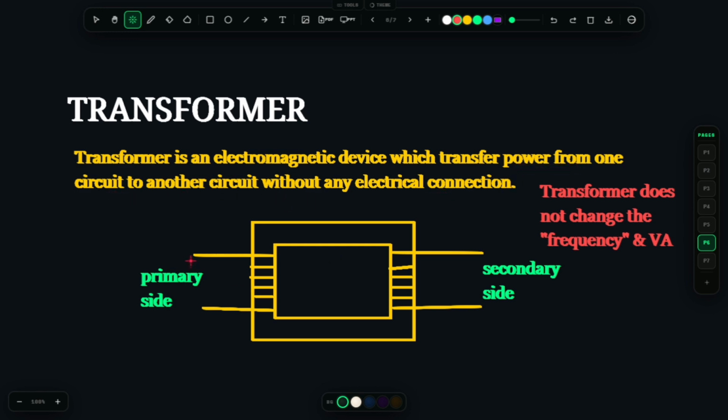Here the first circuit, the primary side, is an electrical circuit. So here are two electrical circuits, the primary side and the secondary side, connected with one magnetic circuit. Here it's a core. So it is electrically isolated but magnetically coupled. This is the basic principle of transformer. And transformer also works on the same principle, Faraday's law of electromagnetic induction. So moving to the next slide.